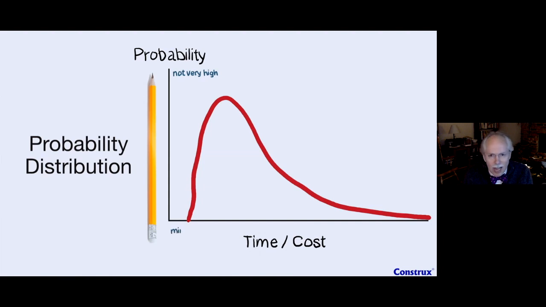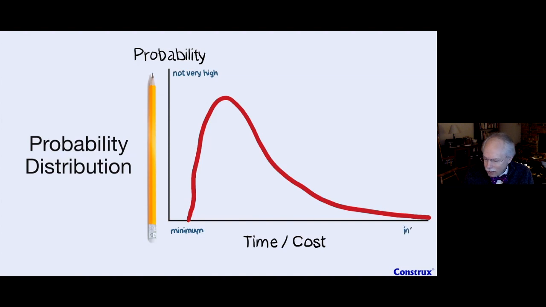I've got a couple of features of this curve here. One is that I have a minimum value: it's going to take some amount of time or some amount of cost to do something. And the chance it can take exactly a certain amount still does not get very high. So the probability never gets very high, but there is at least a minimum here that's going to take some amount of time or cost.